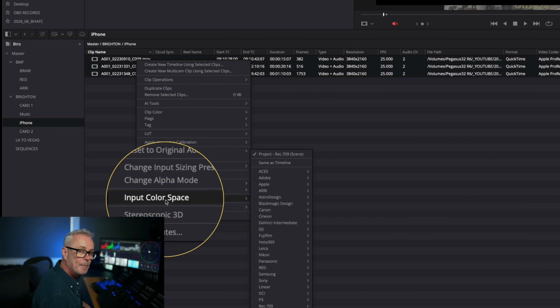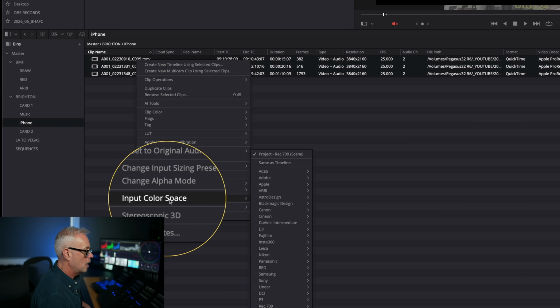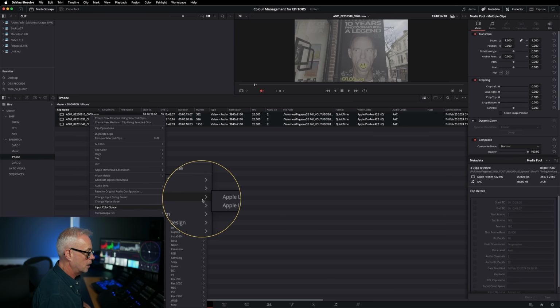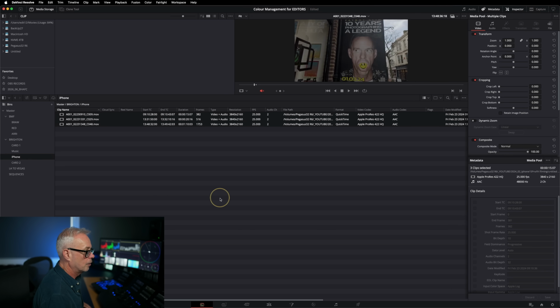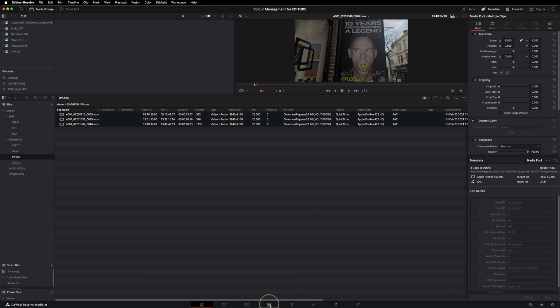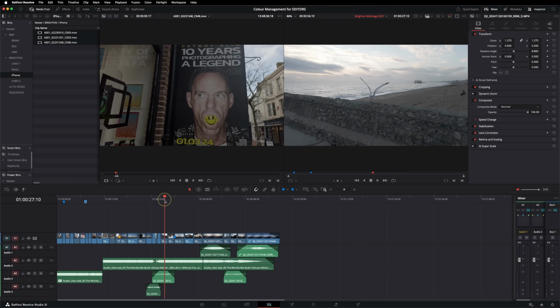Now this only appears because I'm in automatic color management. I'm going to go to here, go to Apple. I'm going to select Apple log and the image changes straight away. This is now telling Resolve this is Apple log to start with, and I'm going to display it Rec 709. That's color managed. That's all it is. So every time that appears in my edit, it will now have the correct color profile